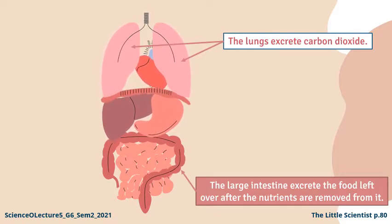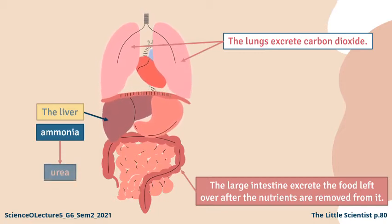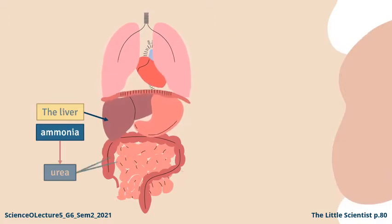Now we'll talk about the third organ of the excretory system, which is the kidneys. But first, let's talk about the liver, this important organ that filters the ammonia from the blood. It takes the ammonia and changes it into urea. This urea is moved to the